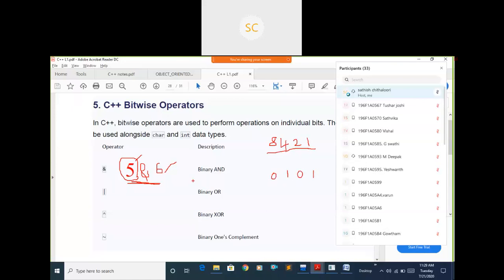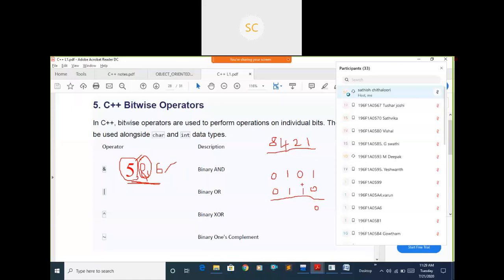In the same way, how can you represent 6? Place 1 in the place of 4 and 1 in the place of 2. 4 plus 2 is 6, right? Remaining places are 0. After converting into binary, it will perform the logical AND operation with the same truth table: if both are true, you get true. For example, 1 and 0, both are not true, so you get false.